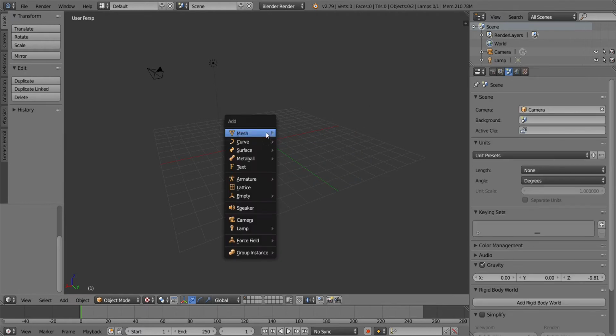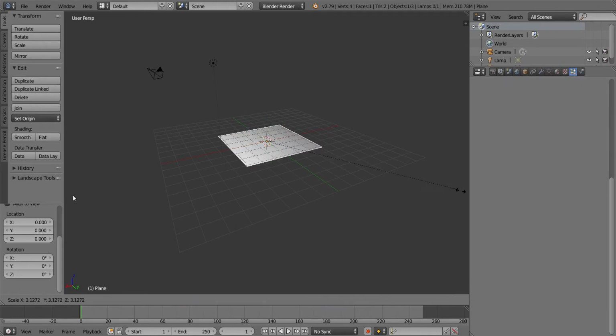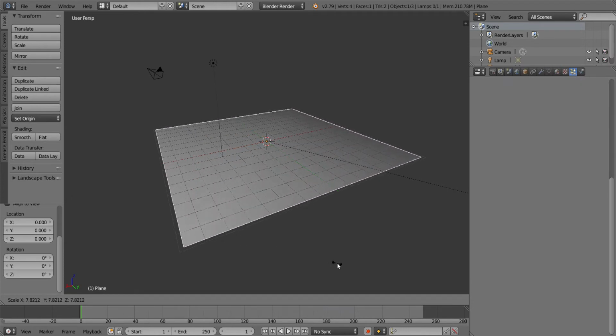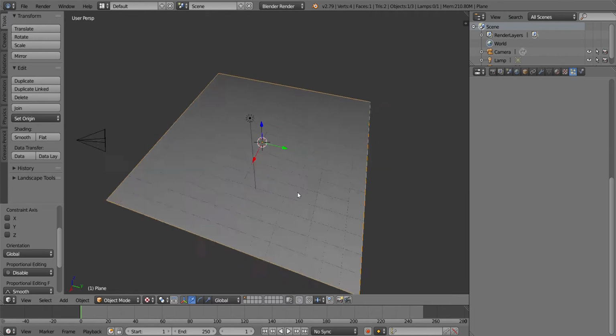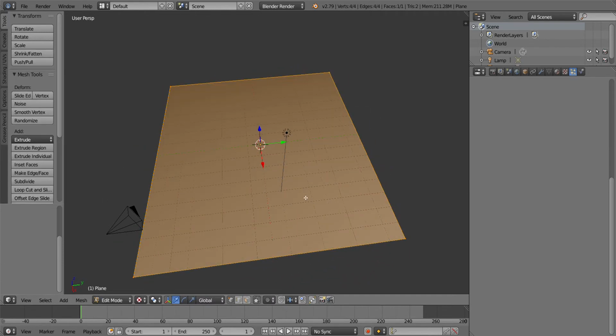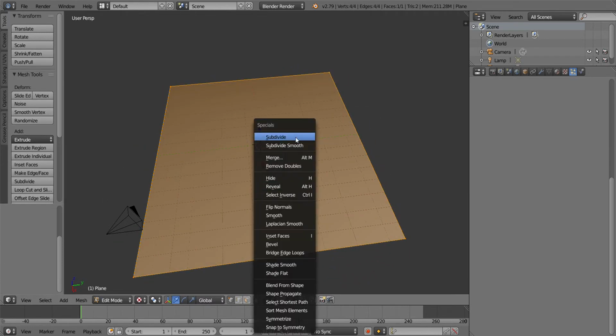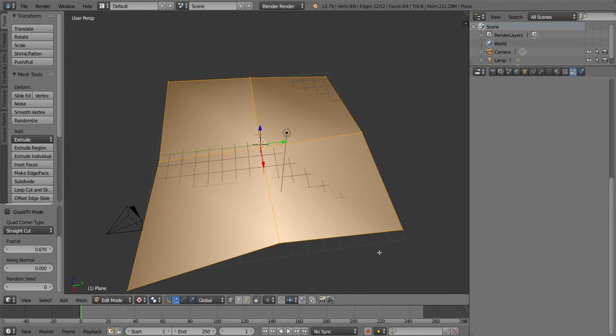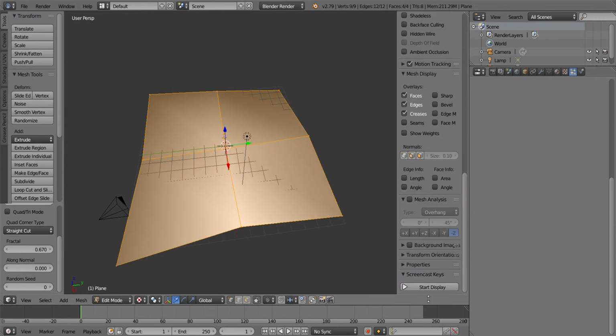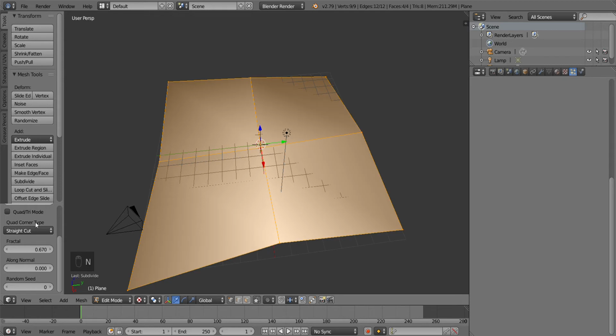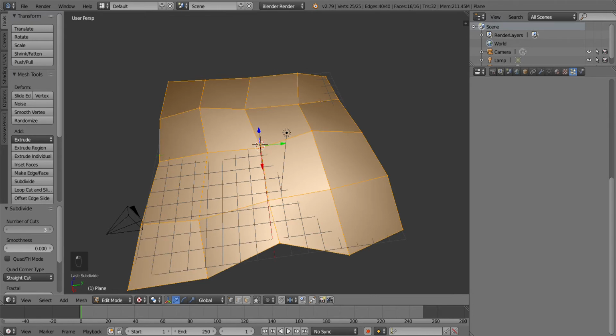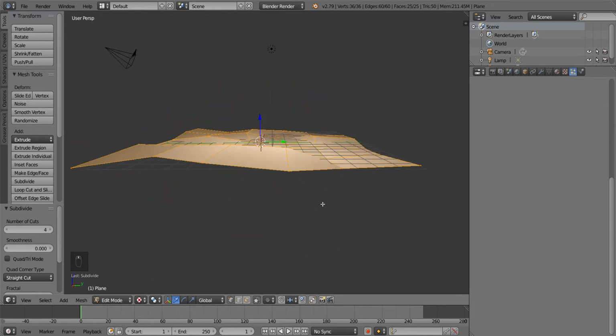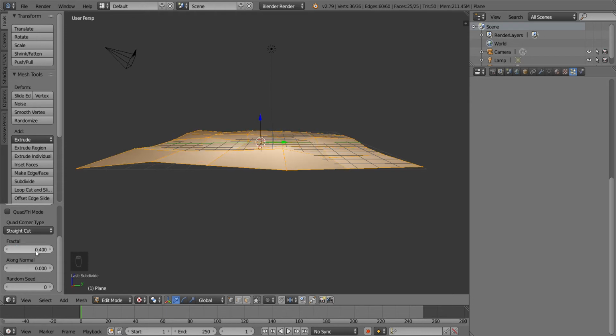First of all, we delete this cube, we add a plane and we resize the plane. Now what we'll do is go into the edit mode, press W and subdivide it. Now as you can see, we'll increase the number of cuts and decrease the fractal rate to 0.4 or maybe 0.3